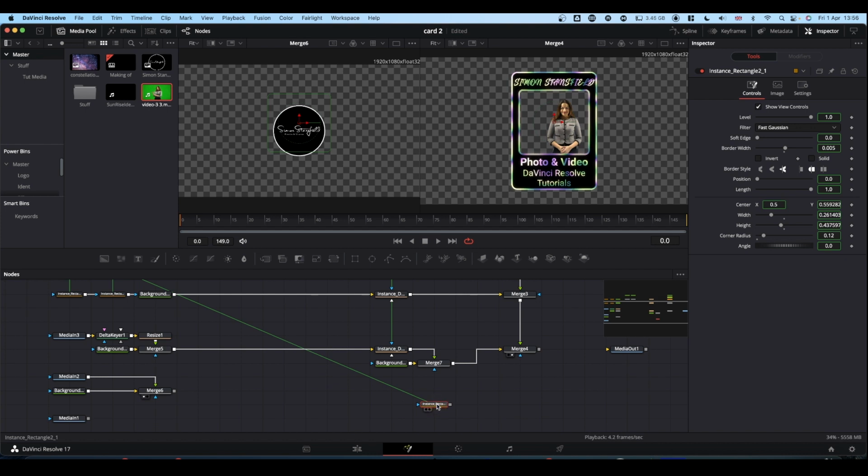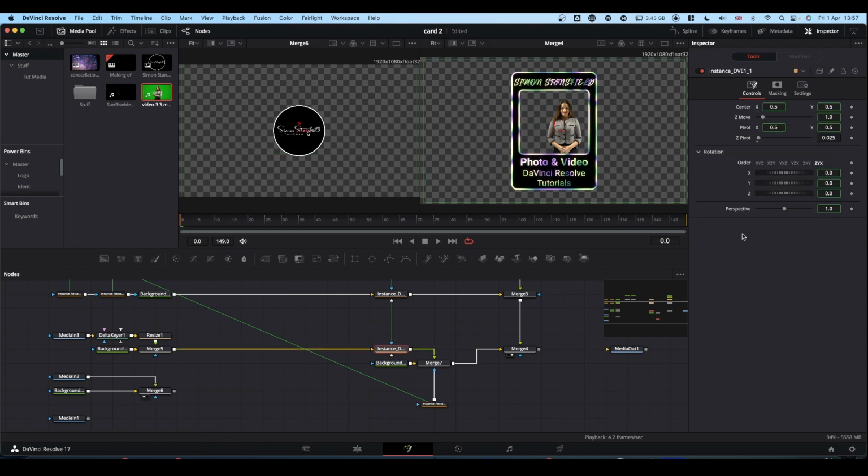What we're going to do is select that instance, come into the inspector and de-instance border width and solid. We're going to check solid, put our border width back to 0, and pipe that into our merge. So our image is now masked,